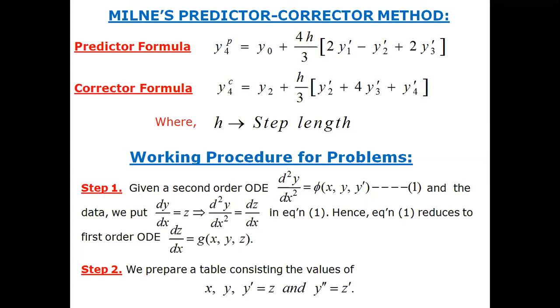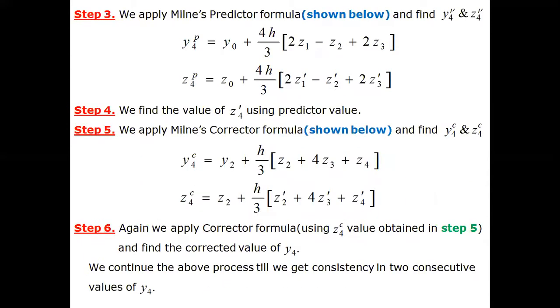But here we are discussing how to solve second order differential equations. And you know, y dash is taken as z here. So if I replace this y dash by z, this formula becomes z2, 4z3, z4. With this modification, the corrector formula was written in the working rule. See this, z2, 4z3 plus z4. So it is the same formula. In place of y dash, we are writing z.